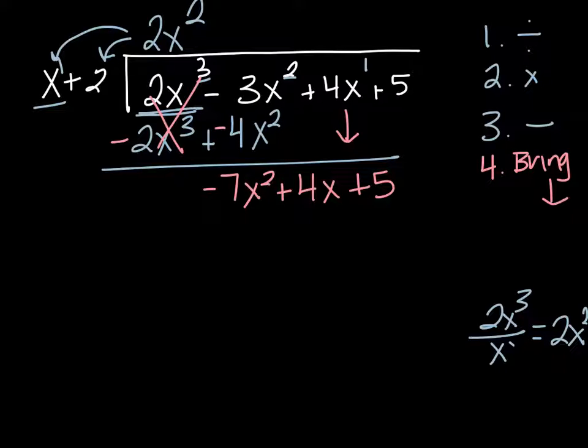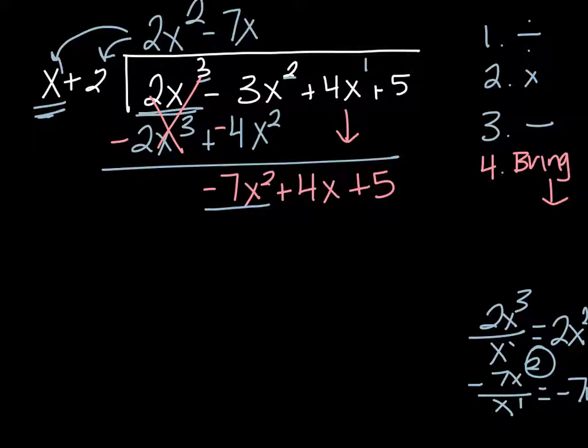So we're going to start over. I'm going to divide. So I'm going to start with negative 7x squared, and I'm going to divide it by the first term, which is x. When I do that, I'm left with negative 7x,